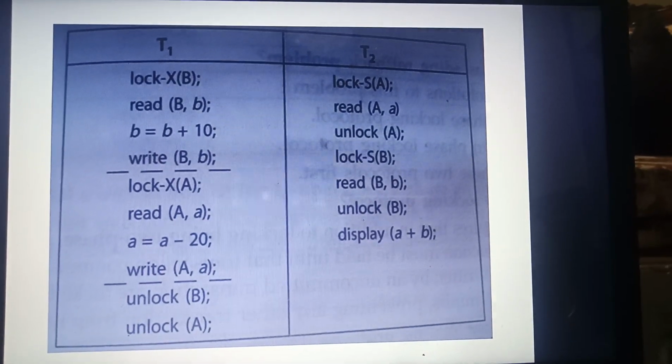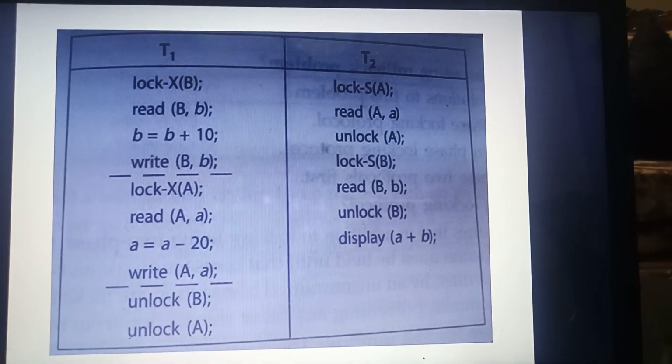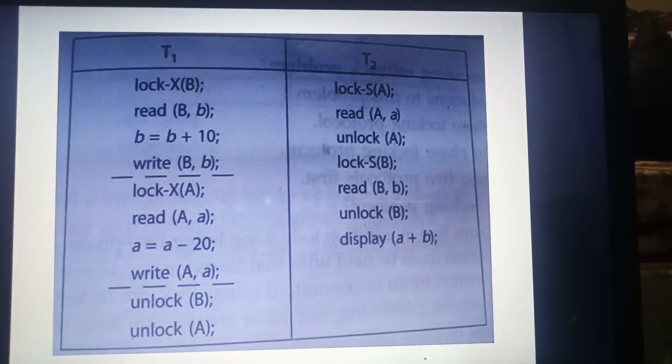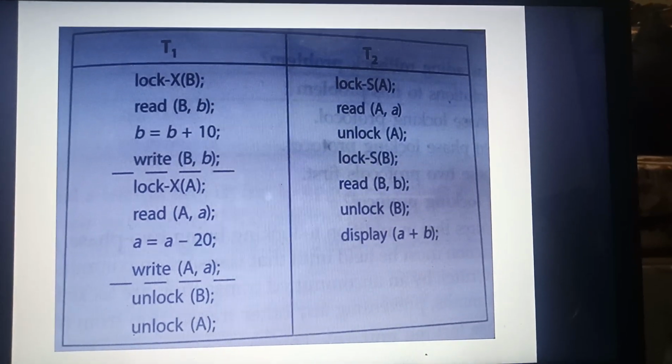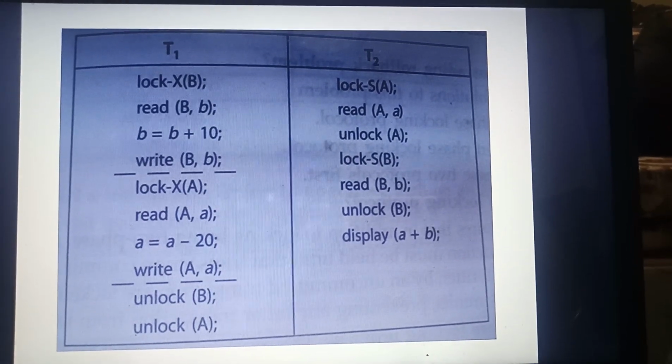So this is two-phase locking because all locks are acquired first and then after that in shrinking phase unlocking is done. But if we see transaction T2,